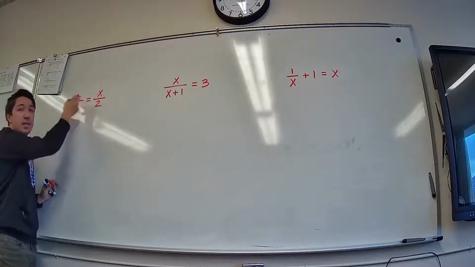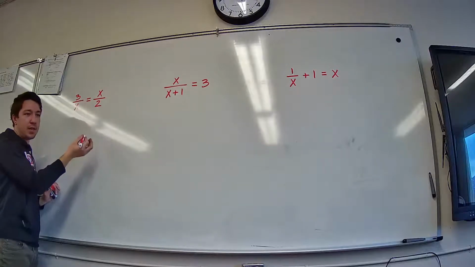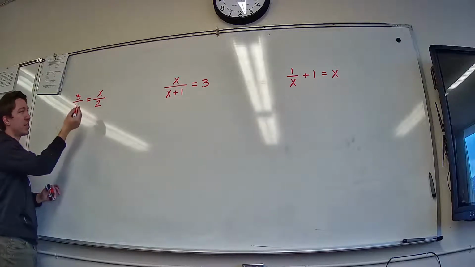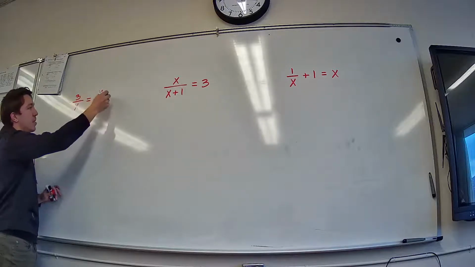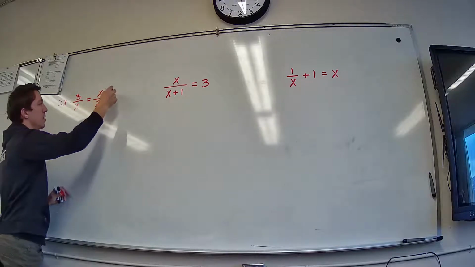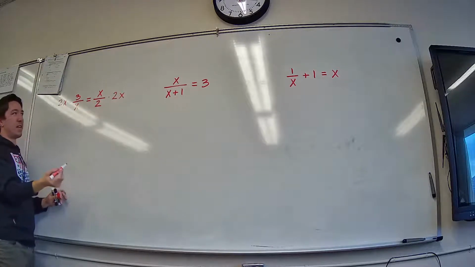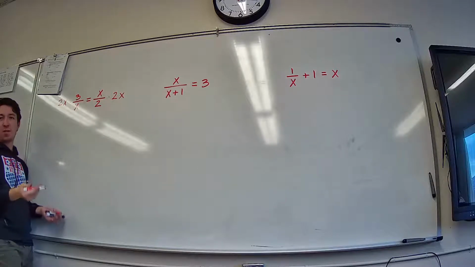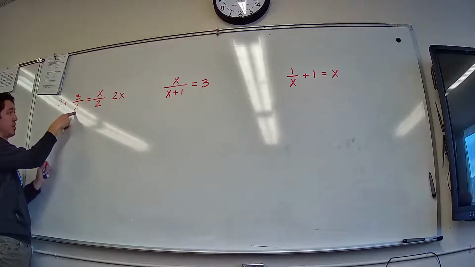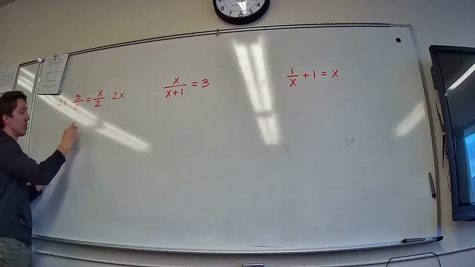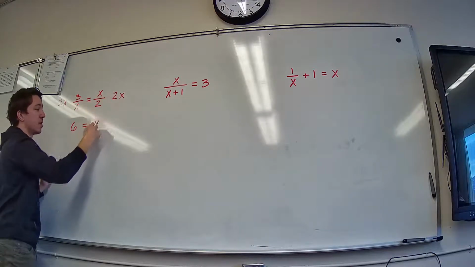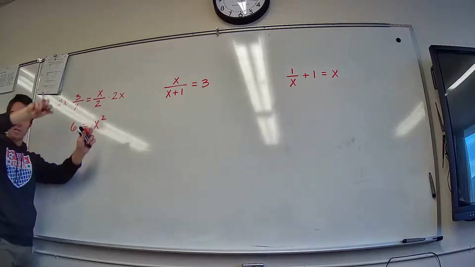You can cross multiply, but ultimately what you're really doing here is multiplying both sides by x and by 2. Does that statement make sense? That's really what cross multiplying is. Watch what happens after I do that. x divided by x makes 1, so I'm left with 2 times 3. And over here, 2 divided by 2 is 1, so I just have x times x. Isn't that exactly what you get if you cross multiply?